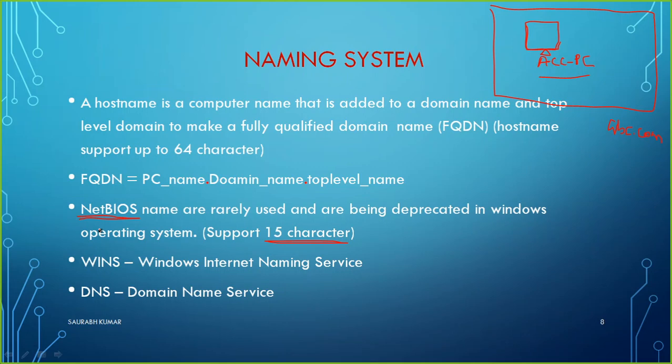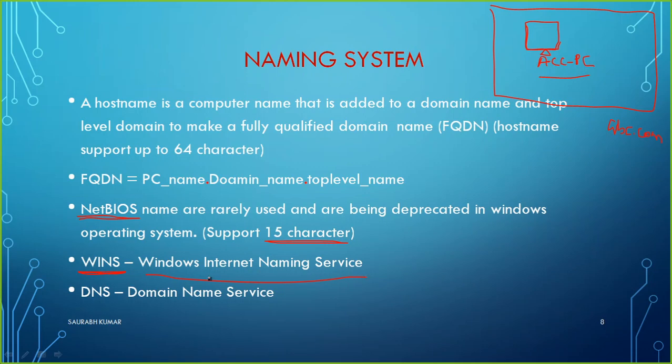But if I talk about the old days, like 10-15 years back, NetBIOS had a very important role. Windows was assuming that it was going to capture the whole market, and that this methodology it had introduced with NetBIOS and Win server would be used by everybody in the world. So NetBIOS is also a unique name over the network for every host machine. And before, we were having a WINS type of service running on Windows premises. It is called Windows Internet Naming Service. It was doing almost the same task as DNS does right now.